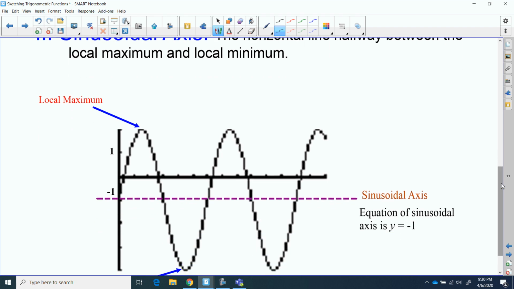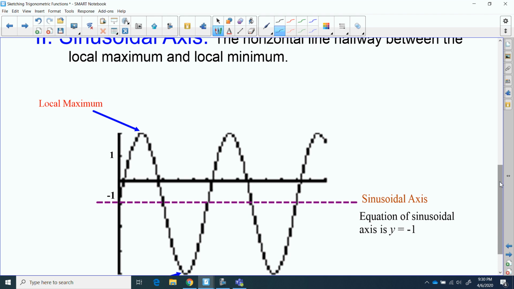the sinusoidal axis is the dotted purple line that I put right here. That purple line is called the sinusoidal axis. It's always going to be a horizontal line running side to side. And it's always going to be in the middle of the wave. So if you looked at this wave, its highest point was 2. Its lowest point was -4,